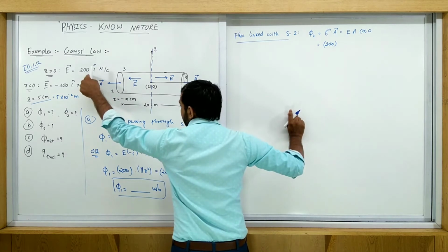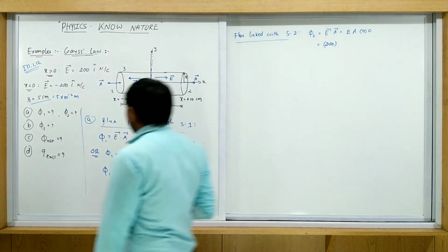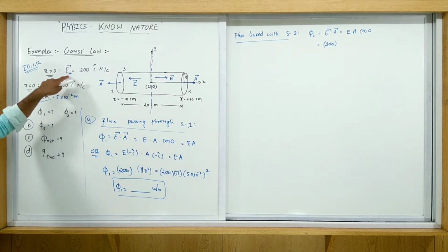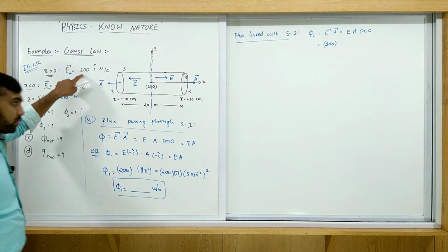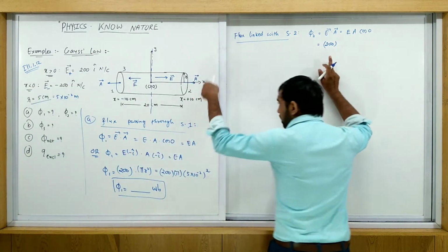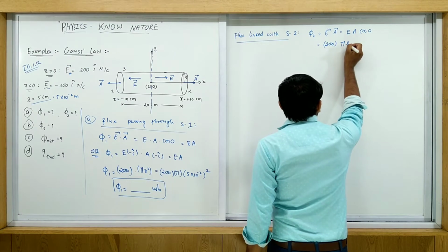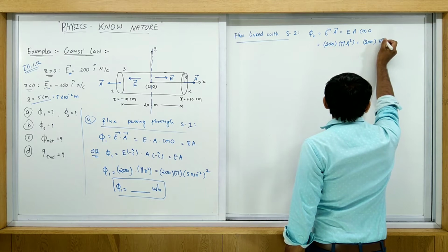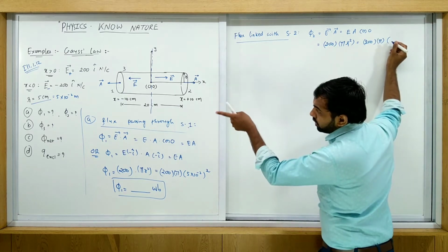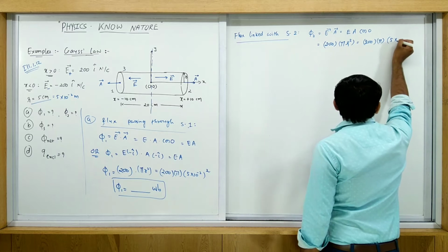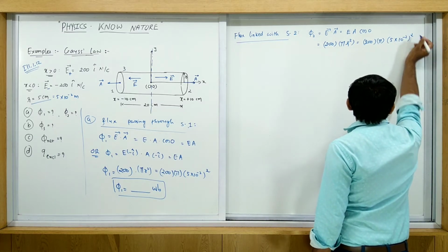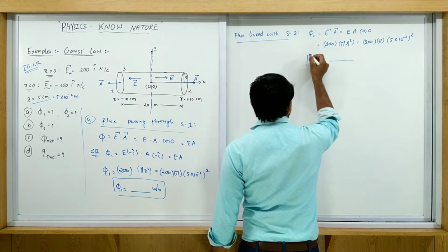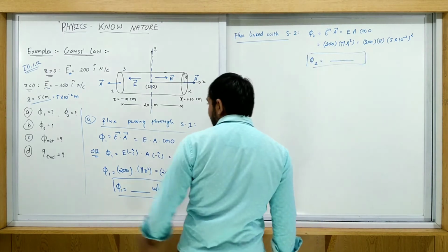Again the magnitude is the same. See, here the field is along plus x, and there it is along minus x. So the magnitude is 200. So 200 and the area of a circular face, that is pi r square. Put in all the values. So 200 into pi into r. How much is r? R is equal to 5 centimeters. So 5 into 10 raised to minus 2 meter, and it's squared. So this is phi 2. Just find this answer by yourself. Okay, so that's the first problem solved.